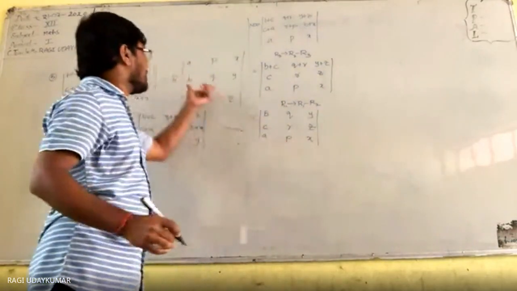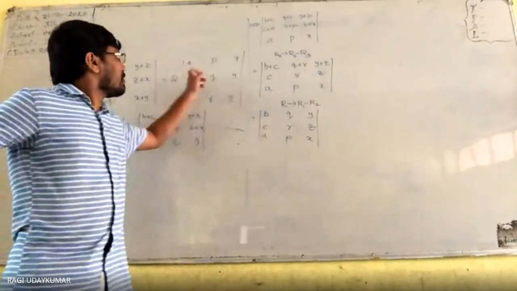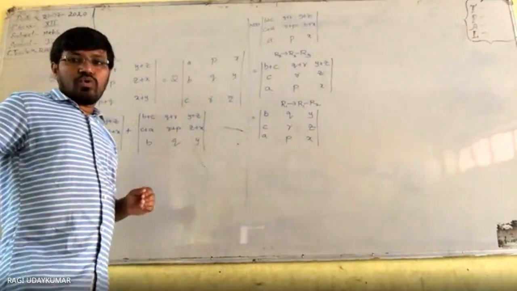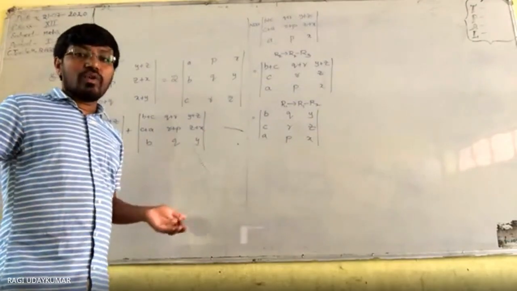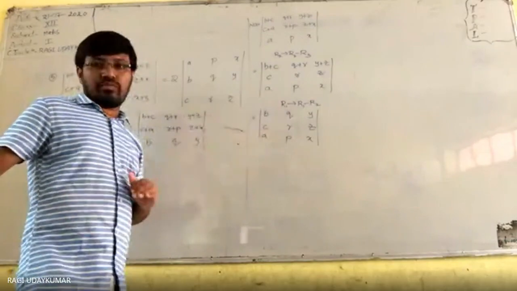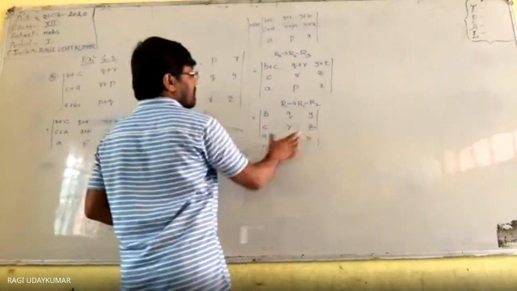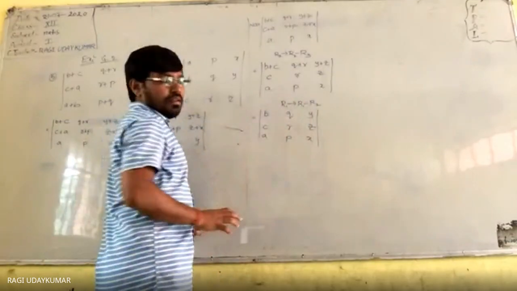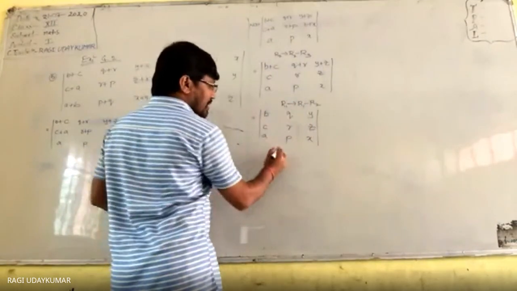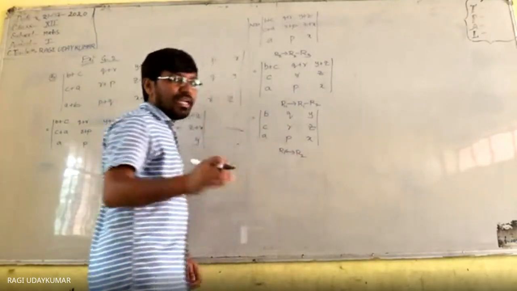But it is not as it is this one, isn't it? This one and this one is same? No, they are not same. So what to do here? If you interchange the R1 and R2, suppose we need this A, P, X upper, and if you interchange the R1 and R2, so what change we will get?